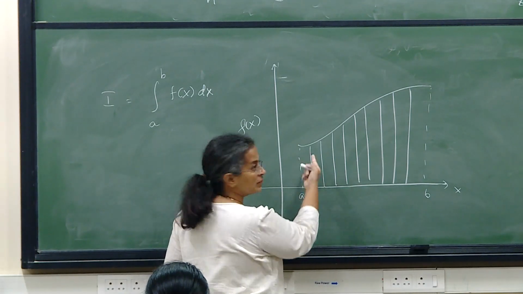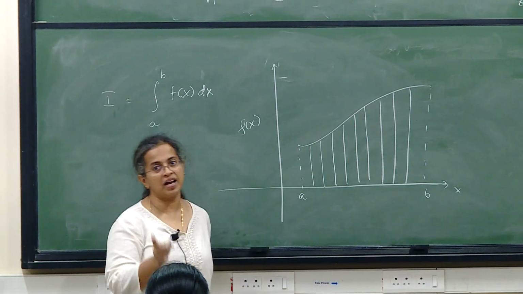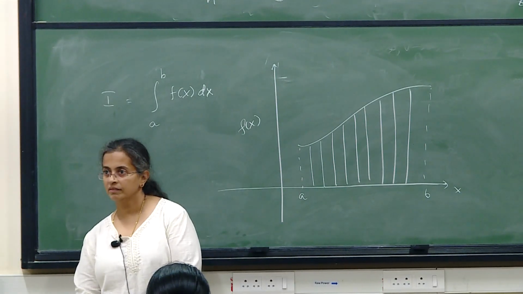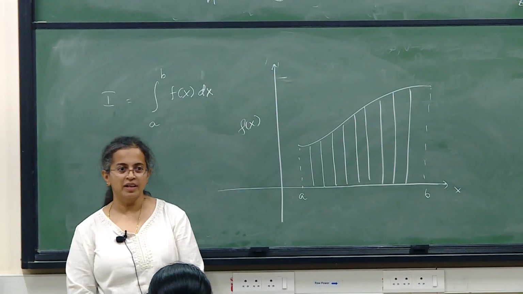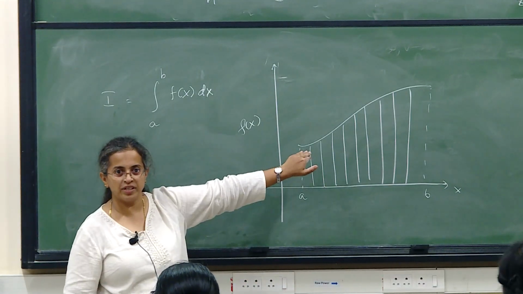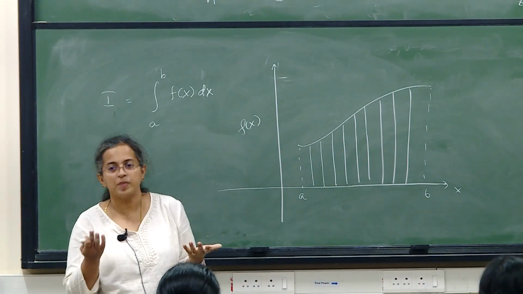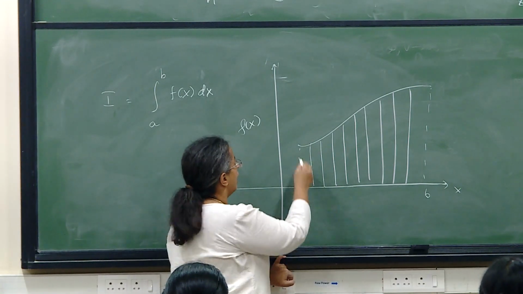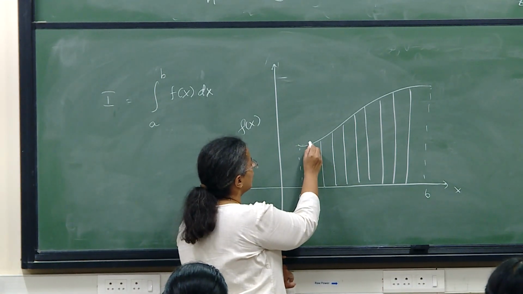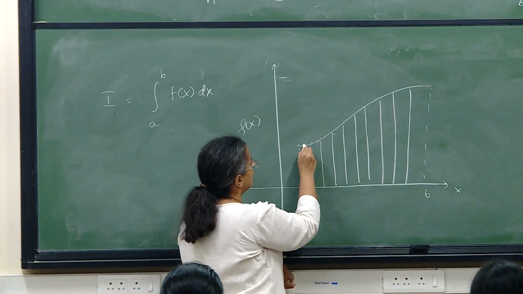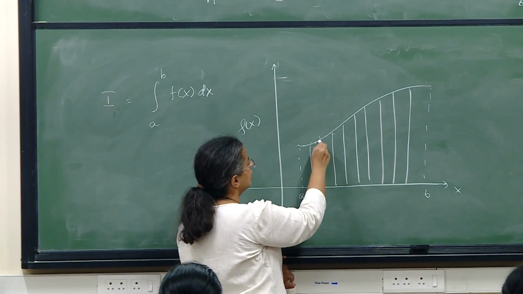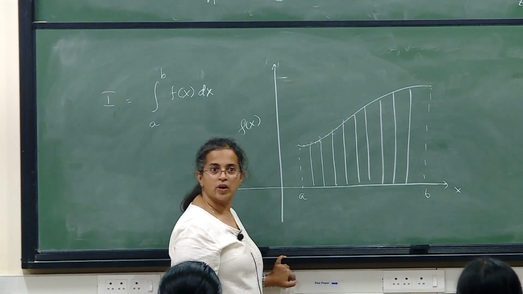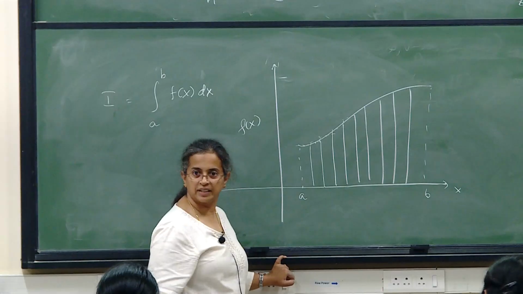Then I will sum the area up. But to sum the area up, I have to do an approximation. I have to tell you what each area looks like. I cannot possibly say this area looks like this exactly, so I will approximate it this way and then fix my approximation. The way I will fix it is, let me assume that I can approximate it by rectangles. I might evaluate the function's value at the midpoint and then I will have a series of rectangles. That is one rule. Then sum all these rectangles.